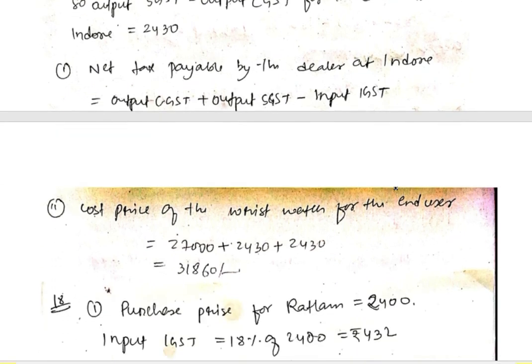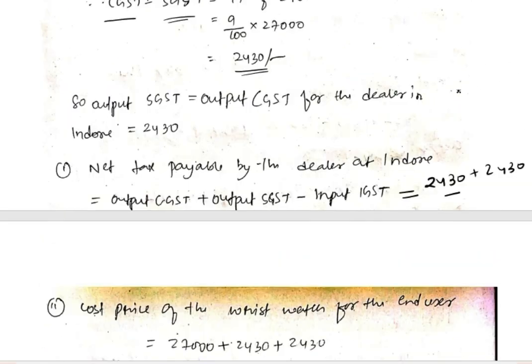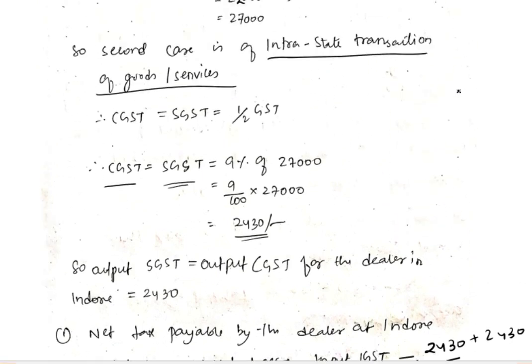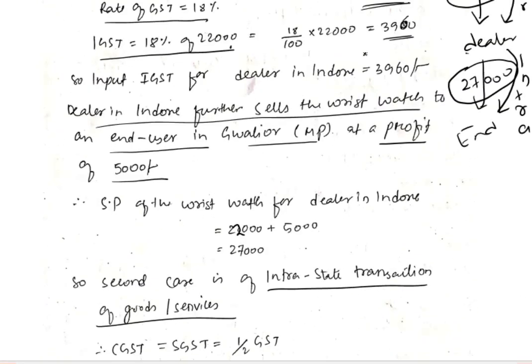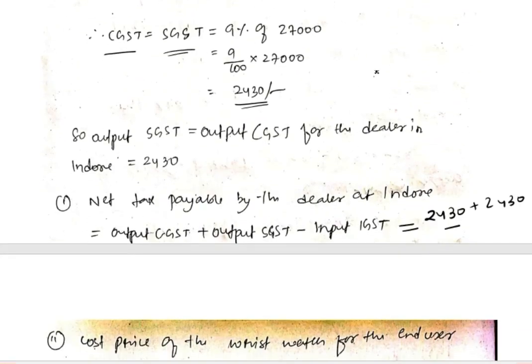So fill up the values, you will get the answer. Okay, so you just find it. Output CGST. What is output CGST? Output CGST was 2,430 plus 2,430 minus input IGST. So if you see the input IGST, the input IGST was